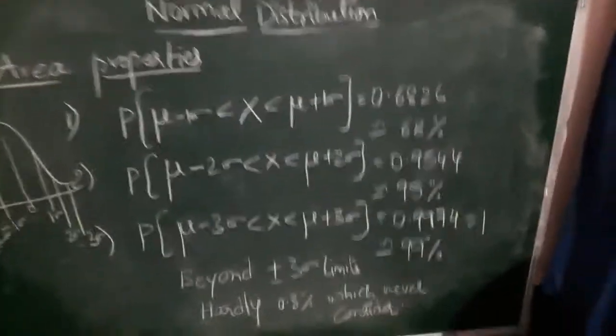So I'll show you what kind of tables there are. So these are the tables: area under the normal curve. These tables are very, very important. So you must keep both these tables. I have sent you the PDF format on WhatsApp. Please keep these tables ready at the time of solving problems. Without these tables we cannot solve normal distribution.